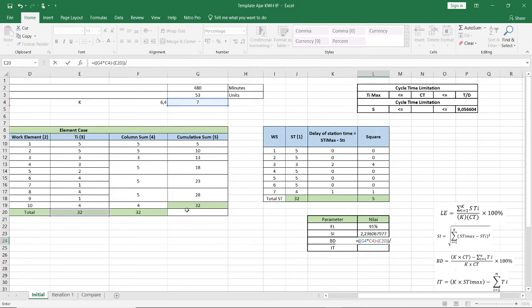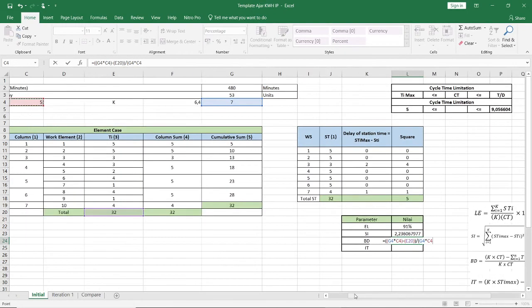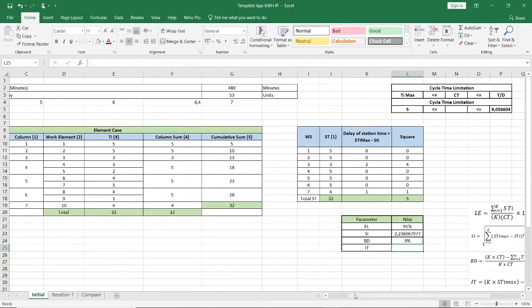And then please divide it by the total of the workstations, which is 7, multiplied by the cycle time, which is 5. And the last, please multiply it by 100%. So the result is 9%. Please remember, the line efficiency and the balance delay unit is percentage.